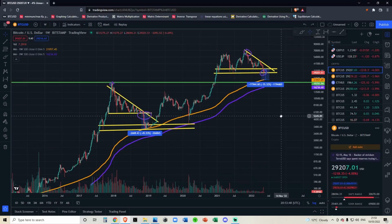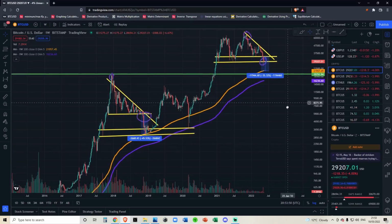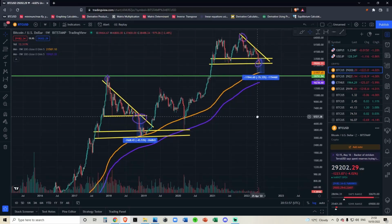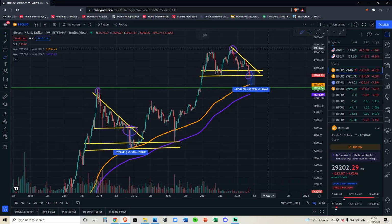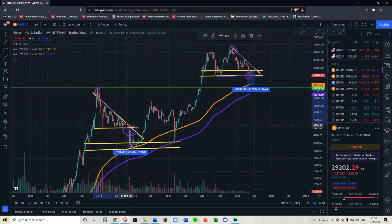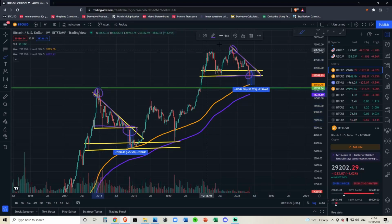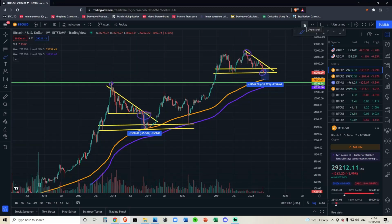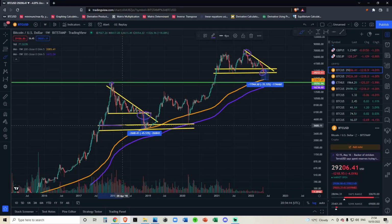So bear in mind, these cycles are not playing out to the exact teeth, but we're seeing a lot of similarities. For example, number one, you can see this descending triangle pattern after your blow off top up here. These are playing out to the exact teeth. The only thing that isn't necessarily playing out exactly is the fact that you've got these